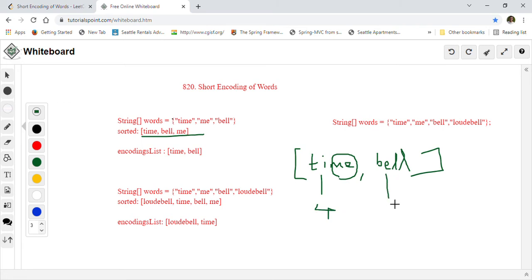When we are in "bell", we again increment our length by 4 plus 4, so now it becomes 8, right? And when we are looking at the word "me", it is already found as an ending, so we will not put it into the list and we will not increment our length, right? So we are finished with the